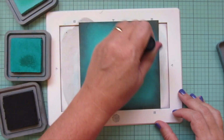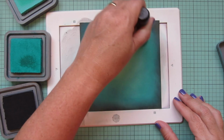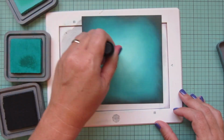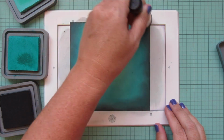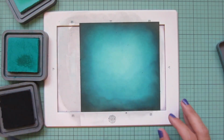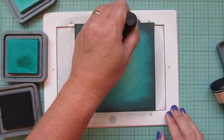So I'm just working my way back and forth again, making sure that blend is how I want it, that I have enough of that darkness around the edges and a little bit of that black soot kind of graying out the brighter colors to give it that spooky feel. So once I am happy with how that is looking, I am going to distress it a bit, and I